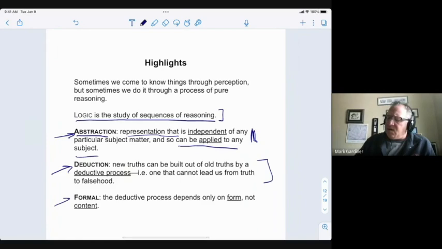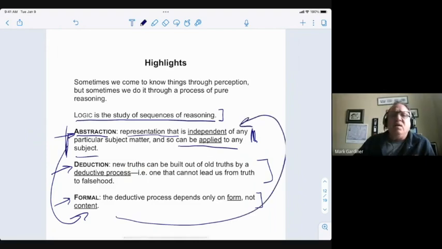And finally, Aristotle realized that what makes a system or a process of reasoning deductive, gives it that nature, is that reasoning depends solely upon form, not upon content whatsoever. And so he develops a system of logic that allows the representations it has to capture just the form. And as a result, it allows us to talk about anything whatsoever. And those are features that we'll see more and more as we go on.